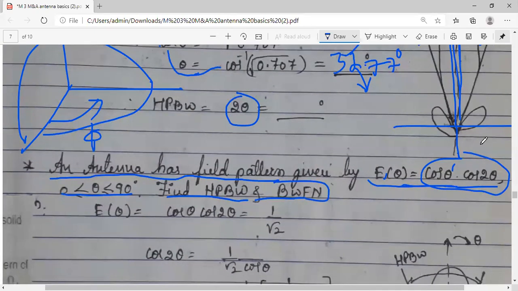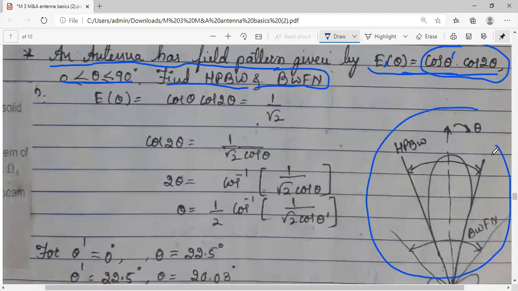Just as usual, there is a reference figure here. You can see the difference. What will be the half power beam width? If here is the maximum value, the half power beam width is giving you that value of your pattern where the power has been reduced to 0.707. Or if you take the maximum at the top, HPBW is 1/√2 times the maximum value. But what is BWFN? I have drawn these two straight lines. Let me take a different color.